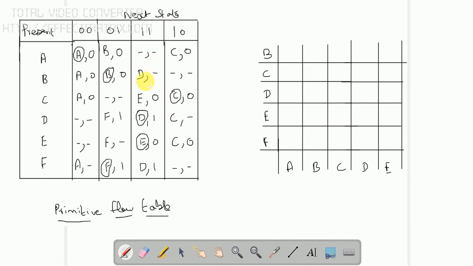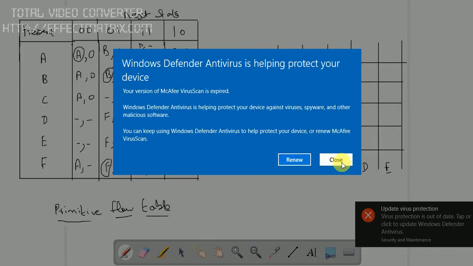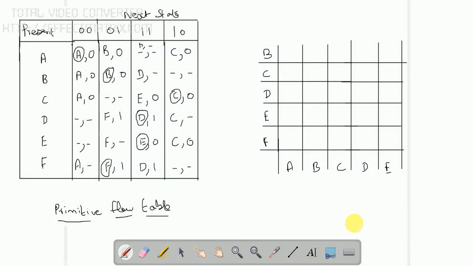For example, if I'm having D comma dash, D comma don't care, when I compare the don't care comma don't care, I can treat this as D comma dash. It is like multiplying any number by 1, you get the same number. For example, 2 into 1 is 2 only. So the 1 here is considered as a don't care. So 1 into any number is equal to that number.